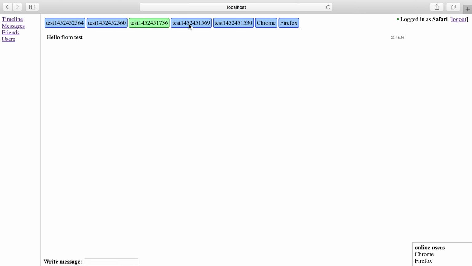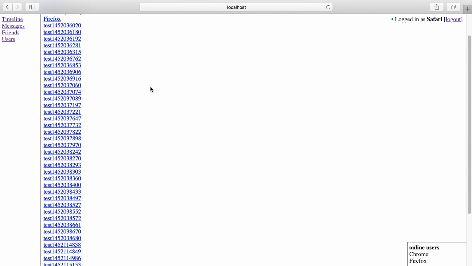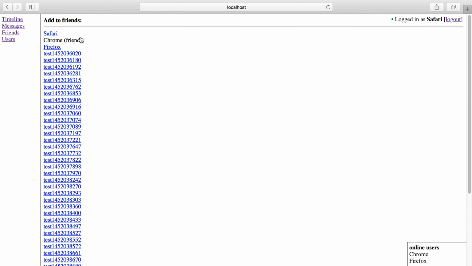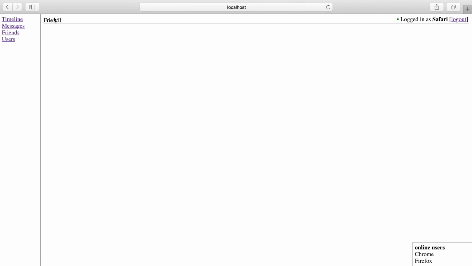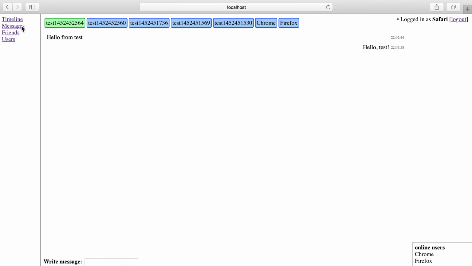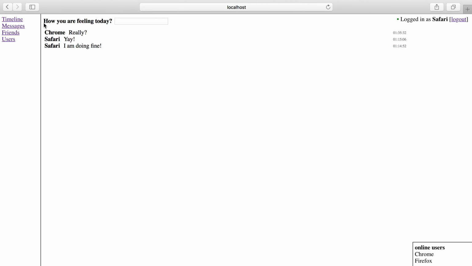I should now write a message to user Chrome or Firefox in the near future. Also, we don't have a working friends section, as you can see, but we have actual friends, but the code doesn't use it very much.